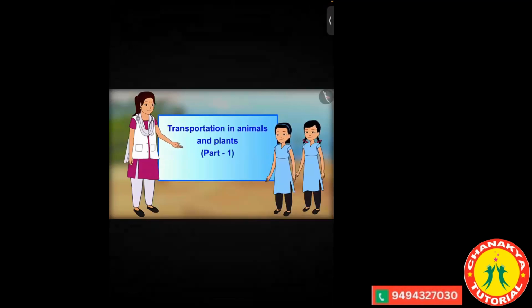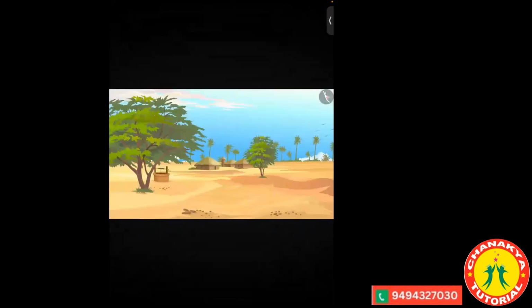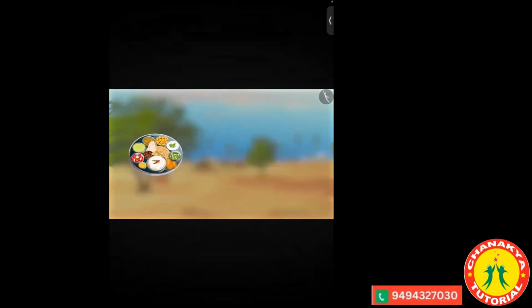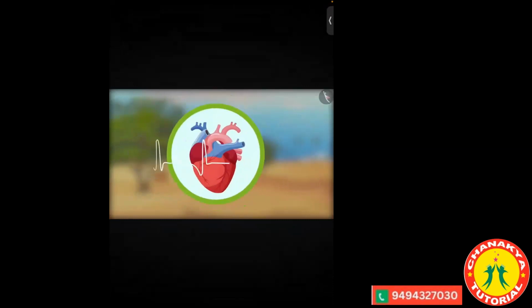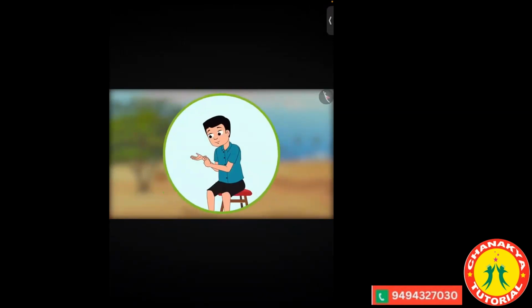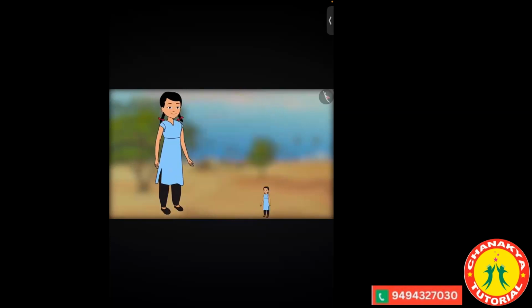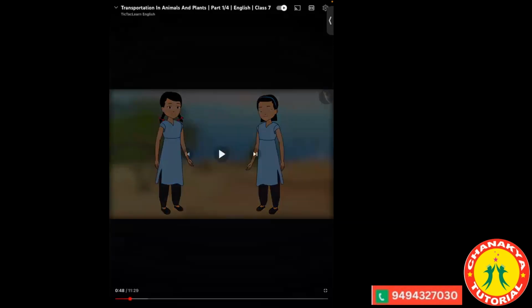Transportation in Animals and Plants, Part 1. Circulatory System. Hello friends, do you know that we need food, water and oxygen to stay alive? How does the food, water and oxygen reach the different parts of our body? Have you ever tried to hear your heartbeat? Keep your hand on your chest and try to hear the heartbeat. Have you ever seen the blood vessels on your hands? What is their work? Come, let us go with Sarita and Rama to their school, where a doctor